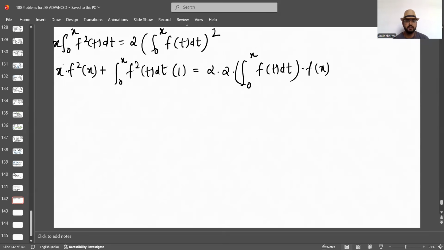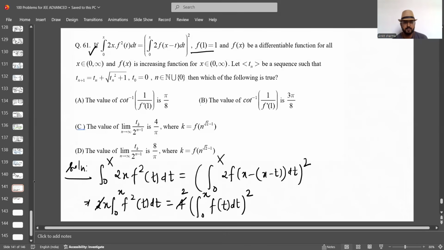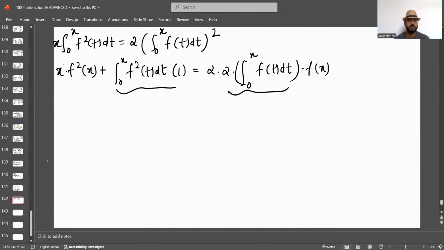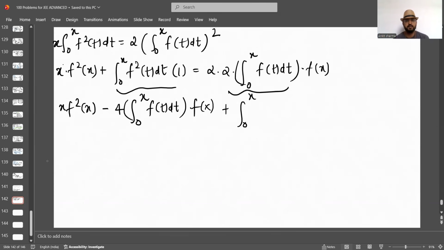And now if we see here, this quantity x into f squared of x, and then this part and this part, they share a close relation. Maybe I'll think of this part here, or else let's simply go ahead, no problem. So x into f squared x, we will see what happens at the end. I'll transfer this here, so I'll get minus 4 times the integral from 0 to x of f of t dt, this into f of x, and then plus the integral from 0 to x of f squared t dt